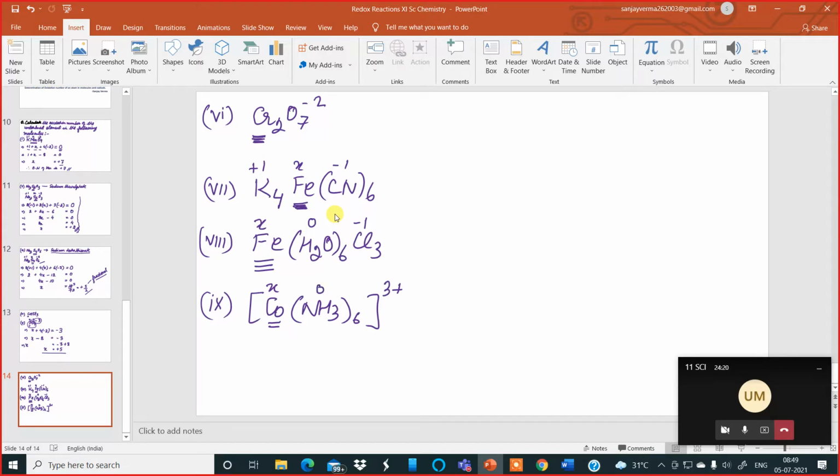So this is how you have to determine the oxidation number of the given molecules and radicals. Try to get the answers for 6, 7, 8 and 9 yourself. If you complete it, you can send the working in the WhatsApp class group so that I can do the correction. Now, let us proceed further in this chapter, my dear boys.